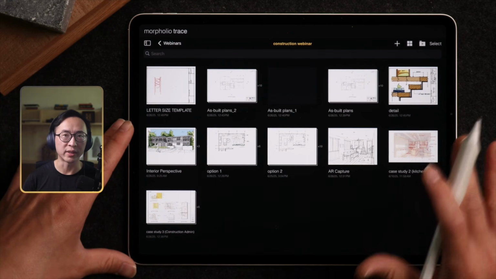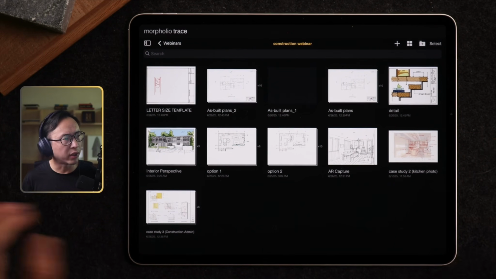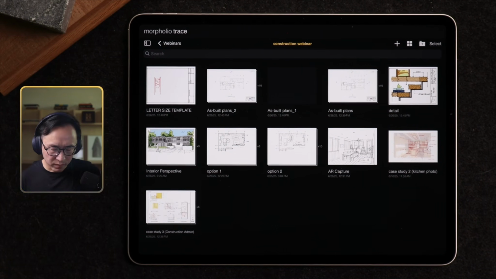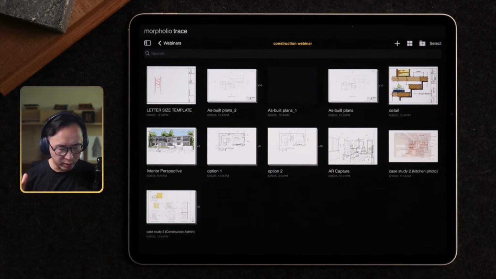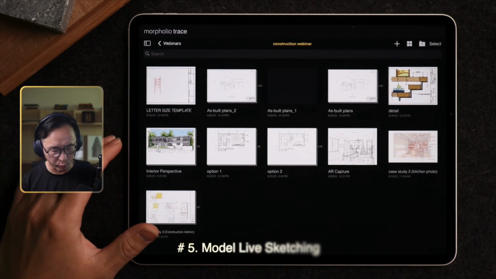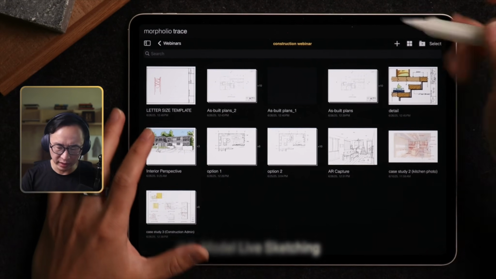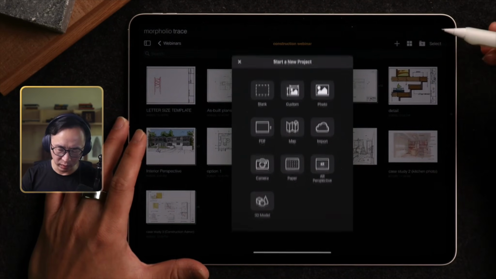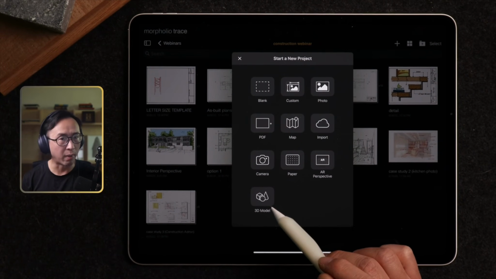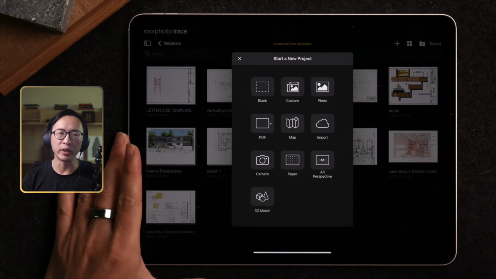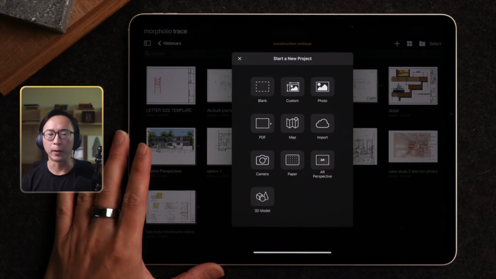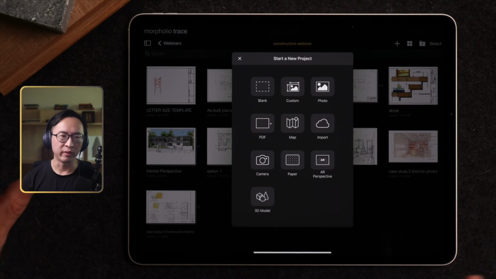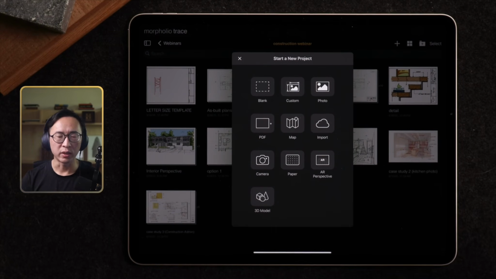That is also another good example to do that on site with your clients. So I think what I would love to show you in the last part of this is just a quick example of how you might want to bring in a 3D model. And this workflow is going to be very similar to the room scan, except right now we're going to be using the 3D model feature to bring in a 3D model that you may have exported from SketchUp, Revit, Rhino, Morpholio Trace. As long as you're feeding it the right format,